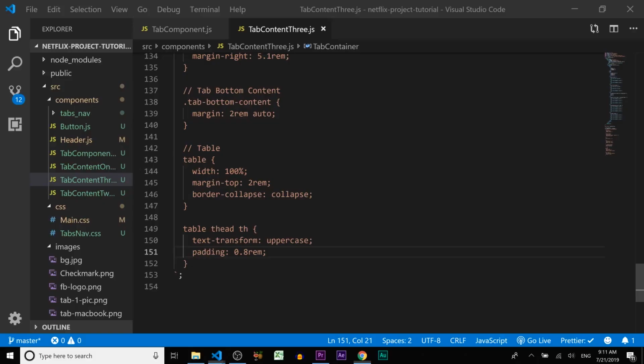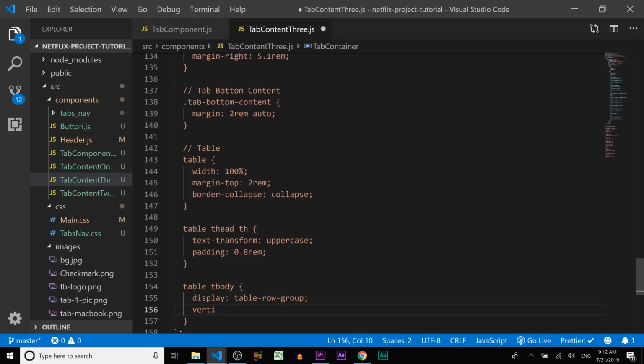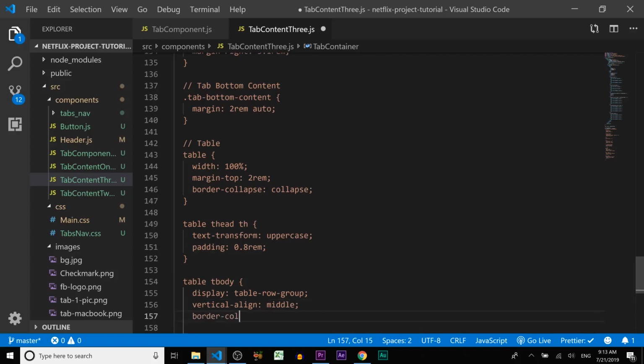Let's see. Okay, let's style the table and t body. I'm gonna display table row group. Vertical align middle, and border color I'm gonna use inherit,